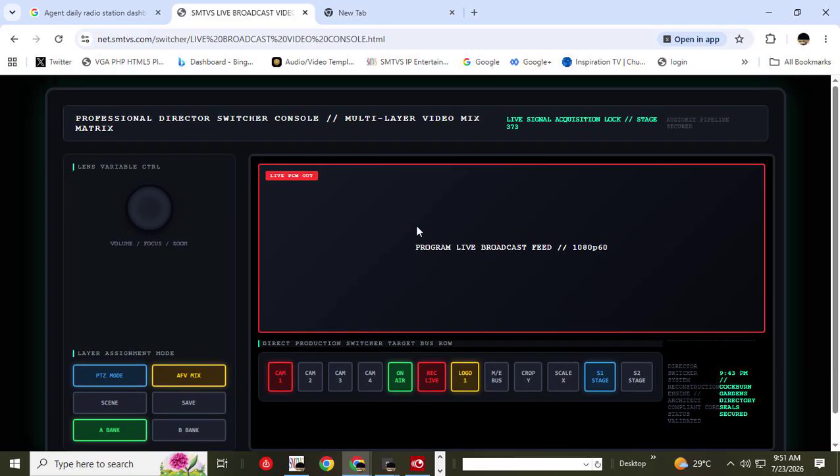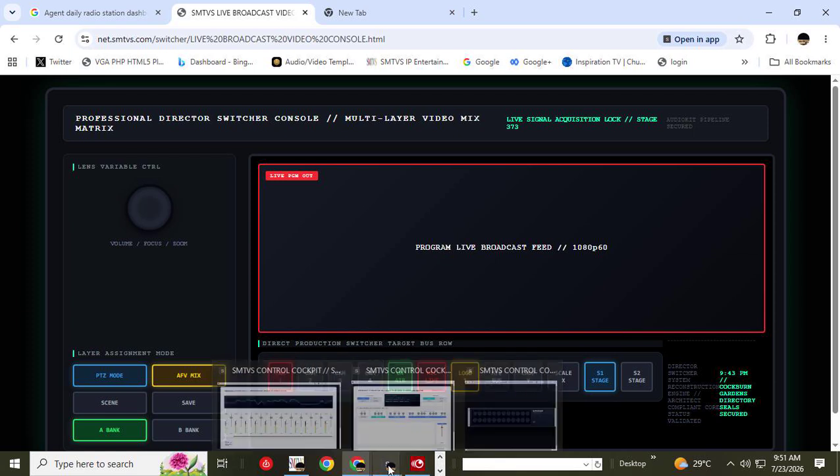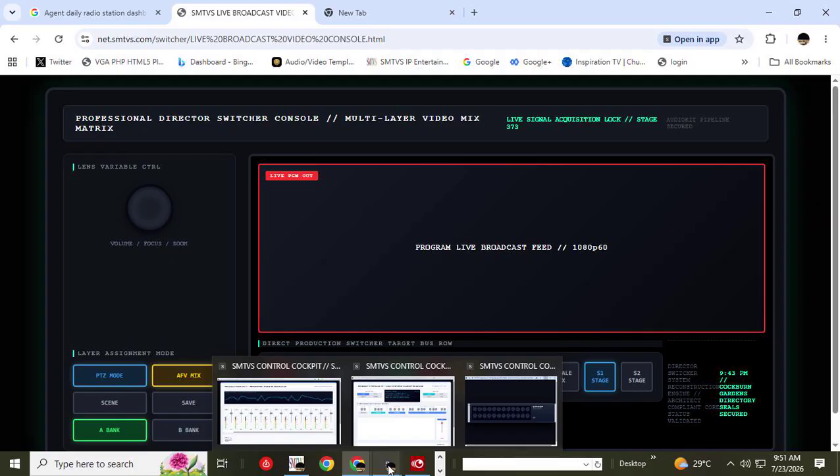But what we showed you earlier on was most definitely SMTVS TV studio that we won't be broadcasting out of. And what we show you here is multi-track.